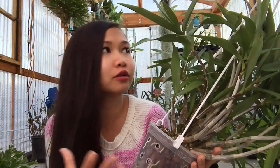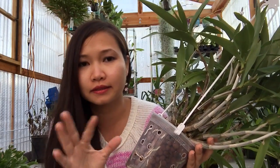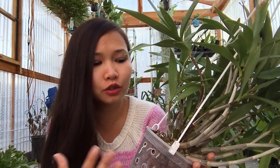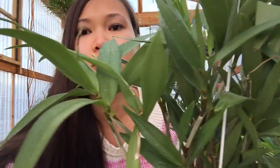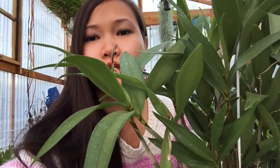So the greenhouse got about 80 degrees in the morning, and then at night it was about, say, in the 40s. So there was a huge temperature drop, and then these new growths actually came out. I'm going to show you guys a newer one here. So you guys can see here,